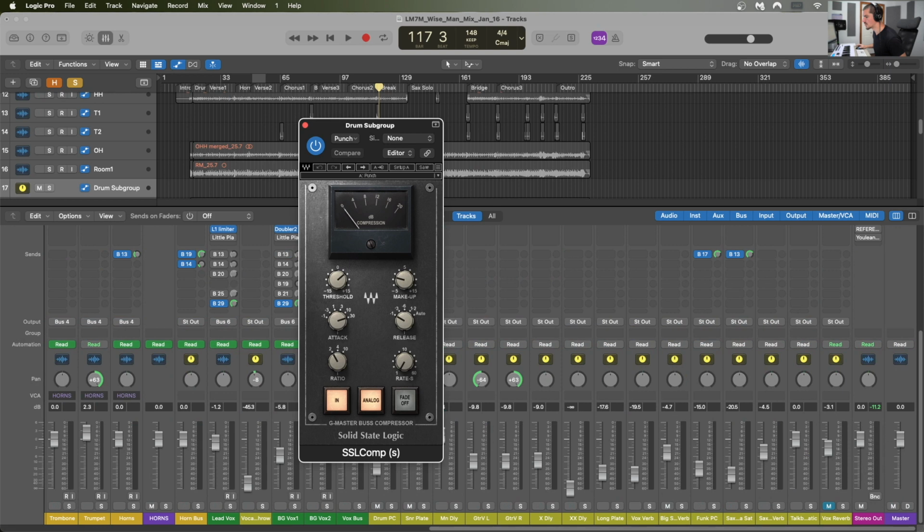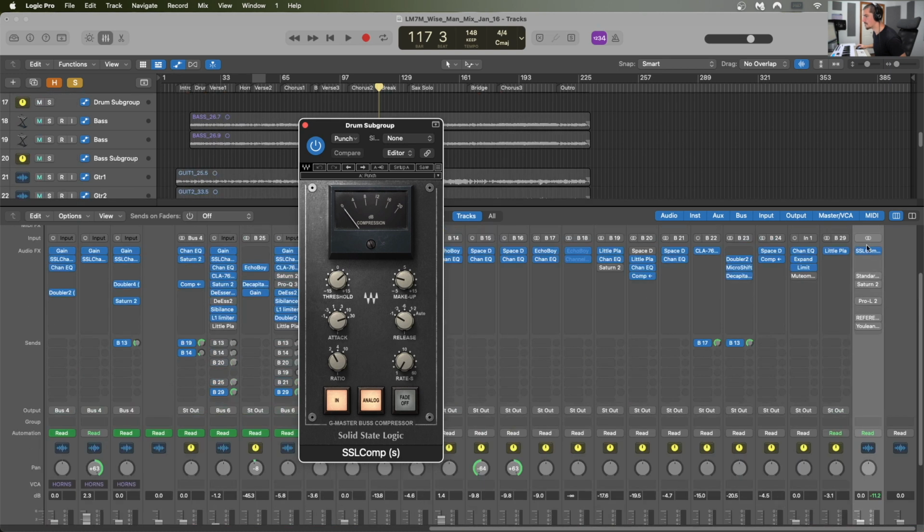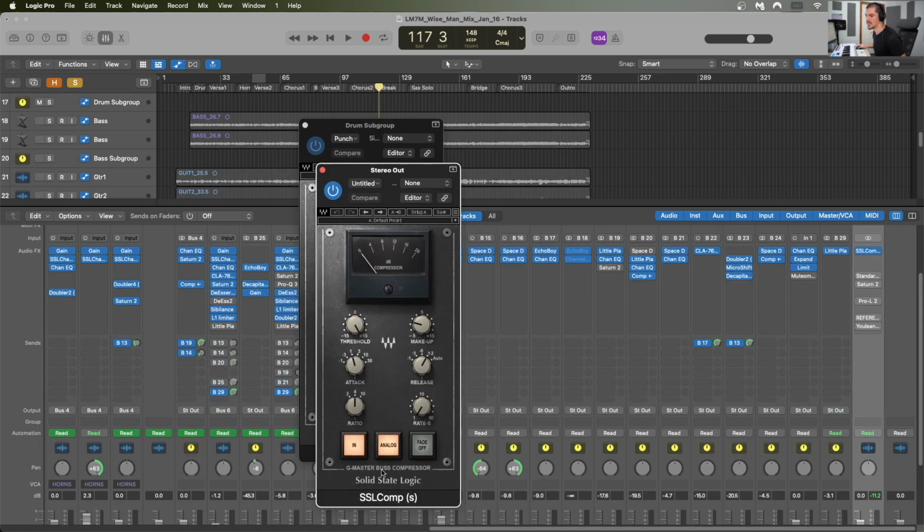And if we scroll over to the stereo out right here, we have some mix bus compression happening with the same SSL comp right here. And so with serial compression, we can get multiple compressors acting on a single signal. And if there's any general sound characteristics or character of those compressors, we can combine them together, so to speak, on the same signal. So sometimes compressors can be used to add a lot of gain reduction. Sometimes they are used more so for their character and their inherent sound. And so we can combine both of those things when we set up our compressors in serial on a certain